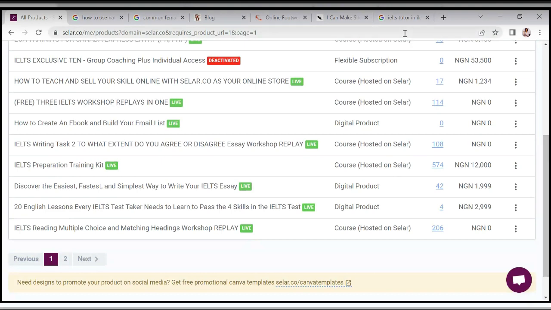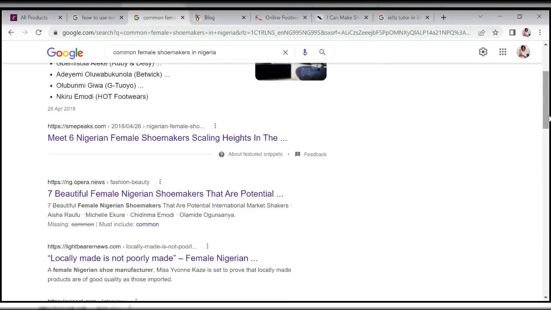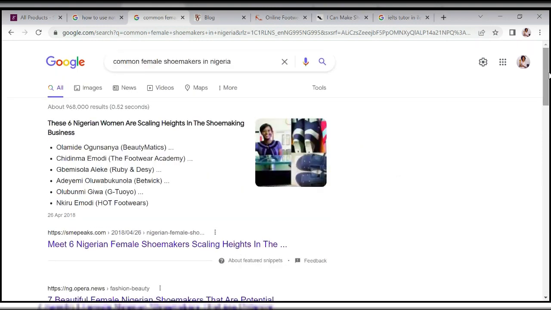Adebukola, so you want to go and read about these women. Who are they serving? I know you might already know all these things, okay? But if you want to leverage seller, which I happen to know about, you want to have an audience before you create your products. Please, it's important. Everybody here, you need to have an audience. And how do you find them?